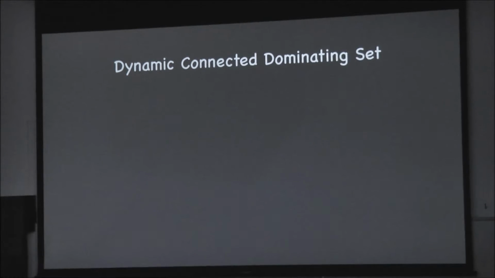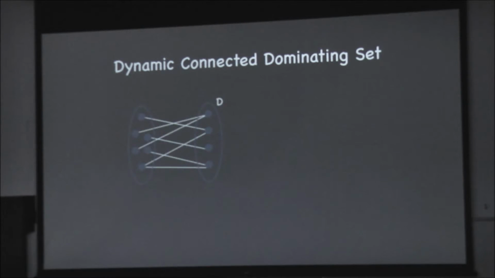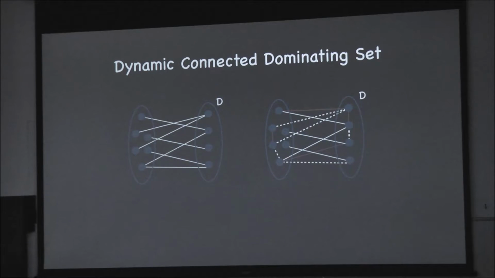Okay. Now, this seems to be a very easy algorithm for this problem. Suppose we enforce a constraint. We not only want to maintain a dominating set, we want to maintain a connected dominating set. This problem is also in the classical parameterized complexity framework, it's W[2]-complete. But what happens in the dynamic framework? Again, we're given a graph G, a dominating set D, which is not only a dominating set, it's also a connected dominating set. I have not drawn the edges, but assume that D is connected. Again, edges get added, deleted, and we are at a graph H where there are k1 edge deletions and k2 edge additions from G.